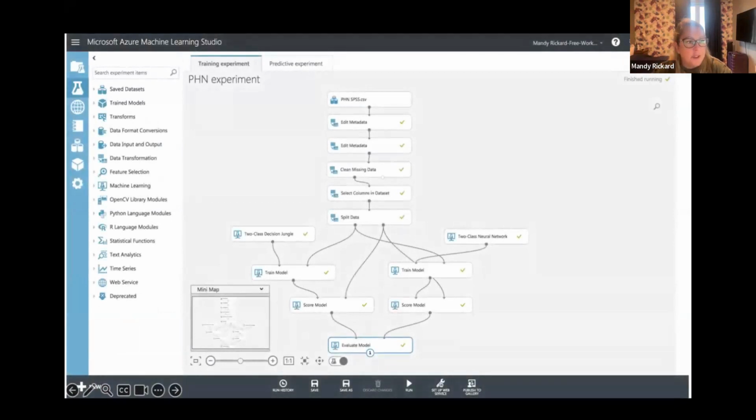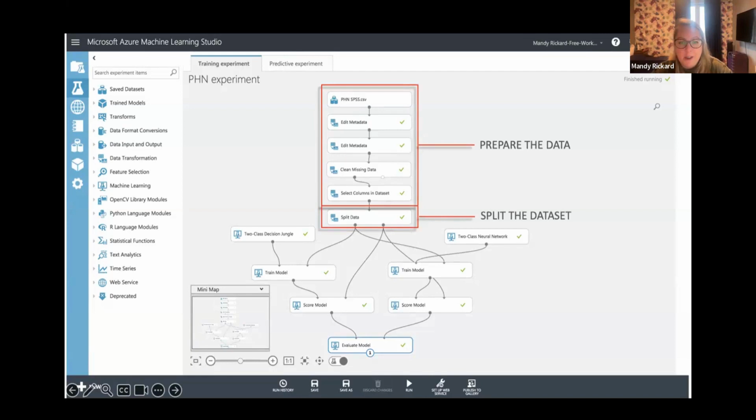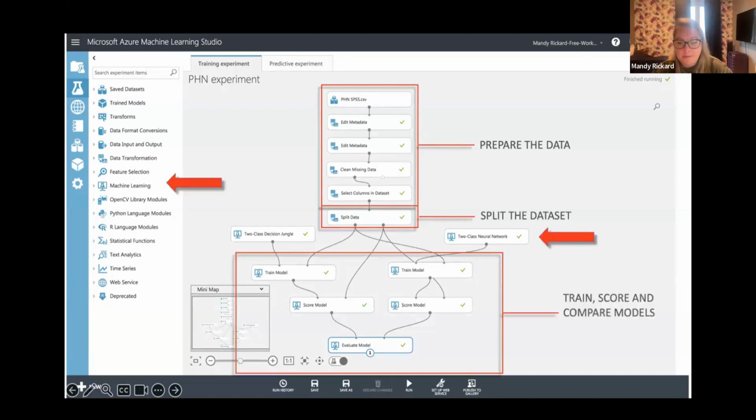And so within the Azure space, we used our institutional hydronephrosis database to design a model to predict which kids were most likely to go on to surgery. This was very easy to use. You would simply drop your data set in, and this would help us prepare the data. You would tell it how you wanted to split your data set into testing and training. You would pick the type of model that you wanted to use, and this then would automatically train, score, and compare those models for you.